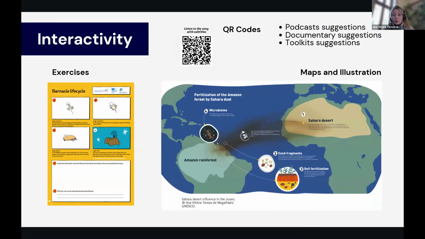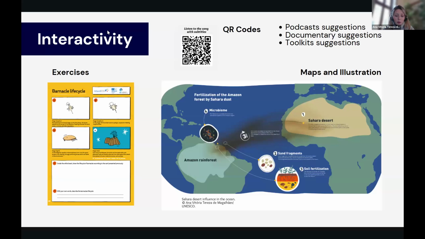So as mentioned to you, we have exercises that you can print. We have QR codes that you can use to redirect you to a new website, to a documentary, to a video on YouTube. Also, we have other toolkits that we mention in this material. And we have some maps and illustrations that you can also use, because some parts of the toolkit also illustrate